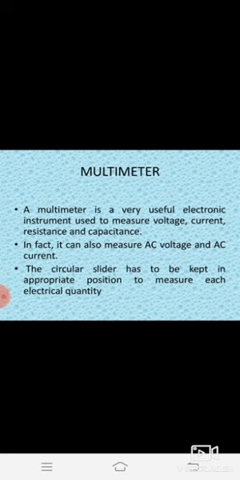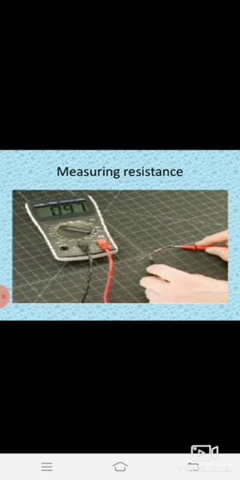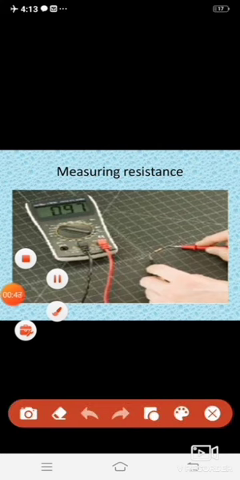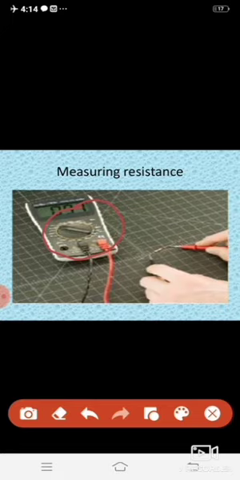Here the multimeter has a circular slider that is kept in the appropriate position to measure the electrical quantity like voltage, current, resistance, and capacitance. So this is an image of measuring the current and measuring the resistance. You can notice that the multimeter is a single device. In this device, at the center there is a circular slider. The circular slider has to be kept in